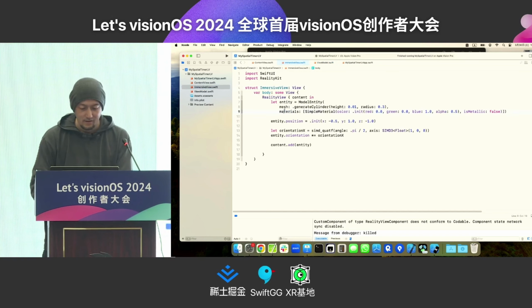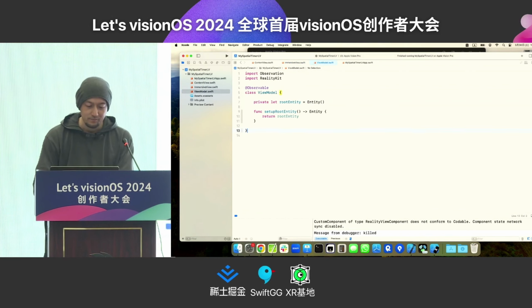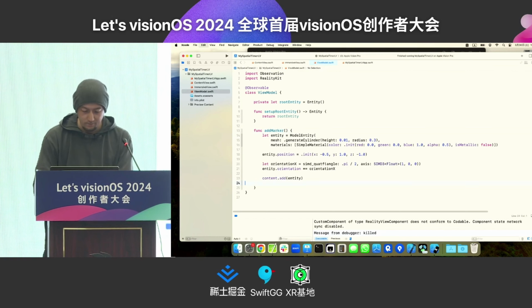And then the whole things go into the view model, and this should be added to root entity.